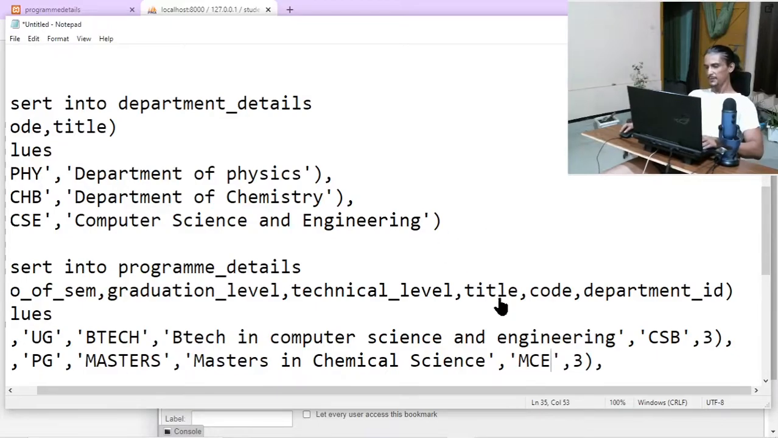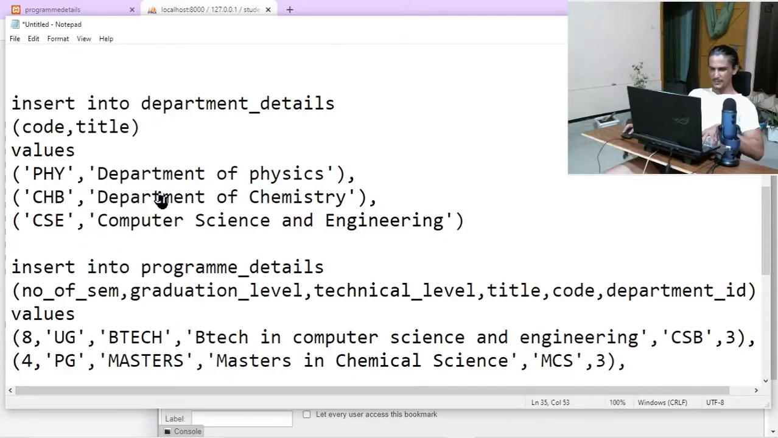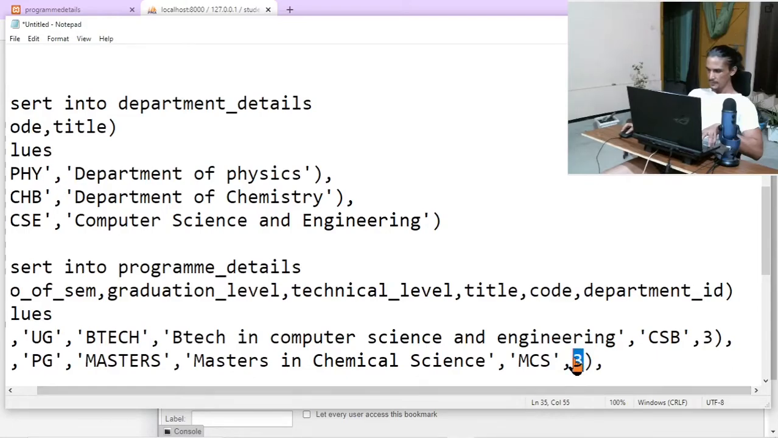Okay, the code of the program. I'm specifying it, Masters in Chemical Science, MCS, for example, and the department ID. Which department offers this particular program? Say chemistry department. So 1 and 2. So 2 will be the department ID. Done. So these are the two rows that we want to insert, say, for example, in the table through these